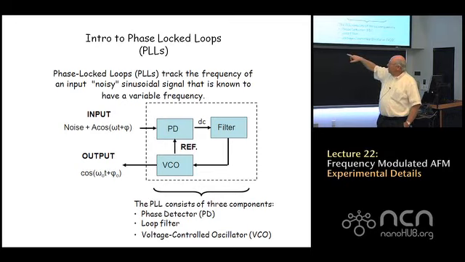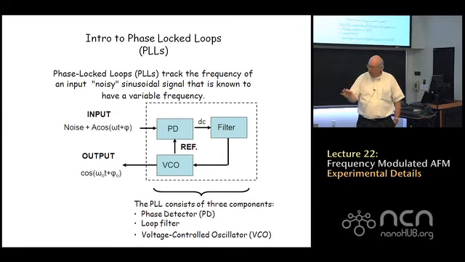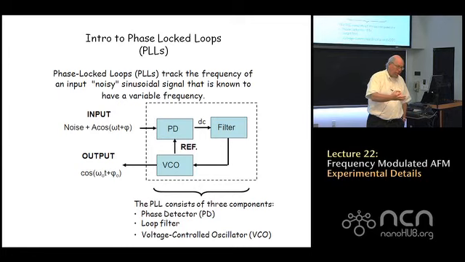And so this DC voltage is then passed through a filter. The filter tries to get rid of the noise. That output of the filter is then fed back into a voltage-controlled oscillator. This is a chip that you can buy. If you put a DC voltage into the chip, it produces a sine wave with a frequency that's proportional to the DC voltage, right? So it takes a DC voltage in and it gives you a frequency out. The frequency out depends on the DC voltage in, right? So this all can be done in a feedback loop